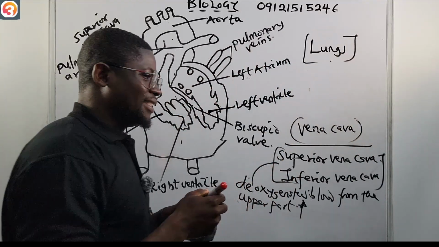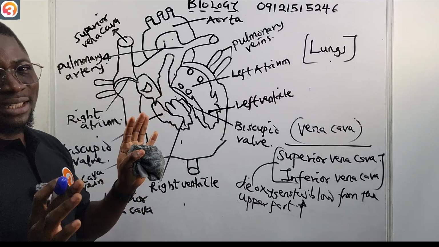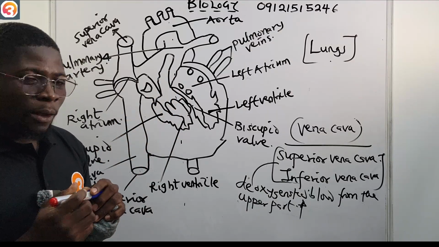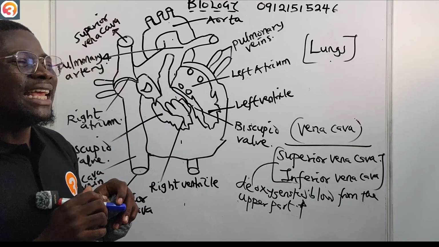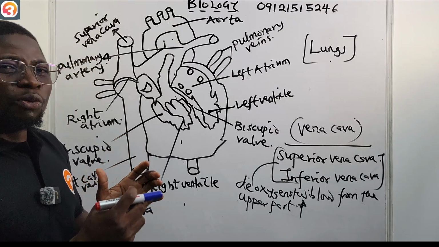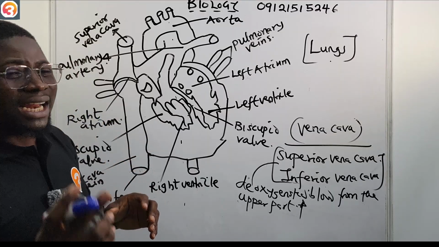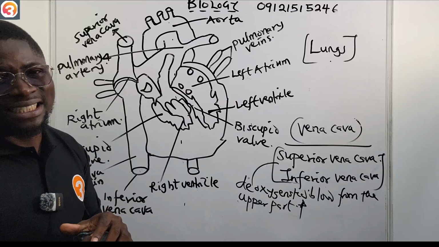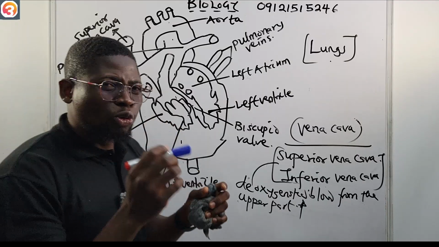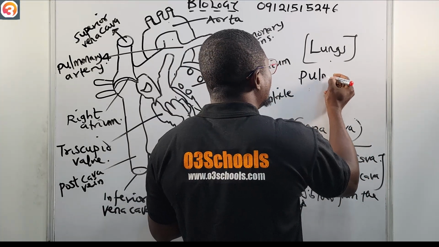Now at the lungs, even before we talk about the lungs, there are two very special vessels that play a very vital, very key role in exchanging deoxygenated blood for oxygenated blood, and taking it back to the heart, where it is needed for proper functioning of our cells. Those two very vital blood vessels are called pulmonary